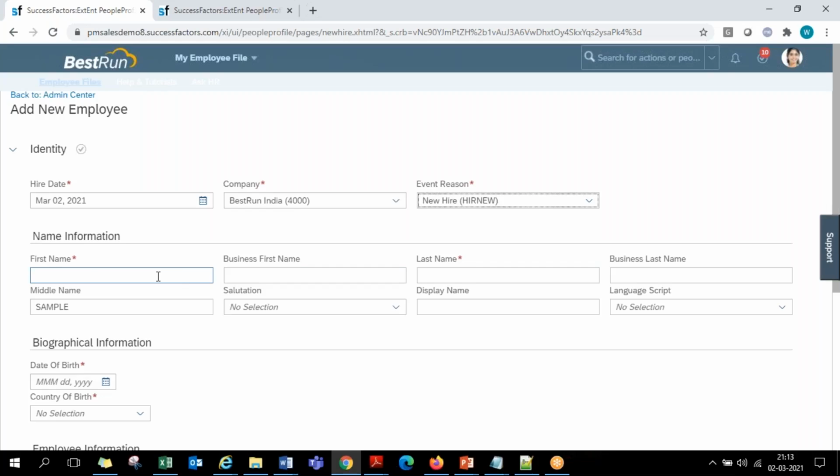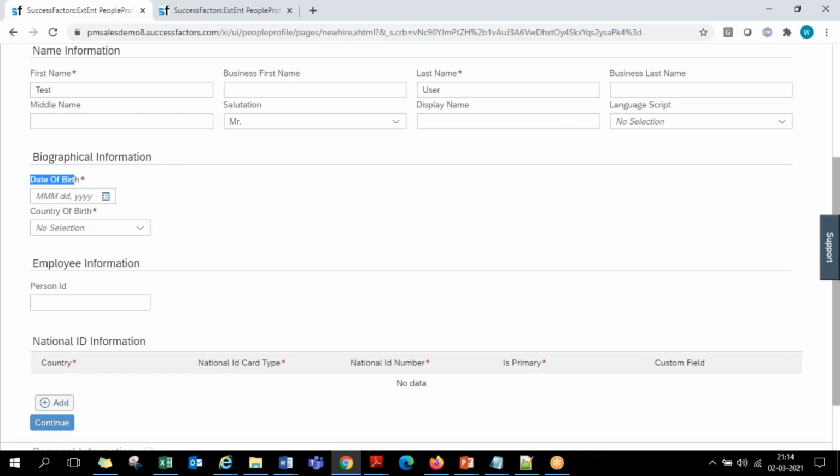Okay, so now here I just want to record the first name as test user. Let me just keep it as test user simply. Let me not waste huge time here. So test user. Okay. Similarly, if you want to have some salutation, like Mr., Mrs., all that, we can do it. There is some business rule written in the background to automate some middle name. That's why it is just coming as sample. I'm just removing this. So first name, last name, and salutation are important here, followed by the date of birth.